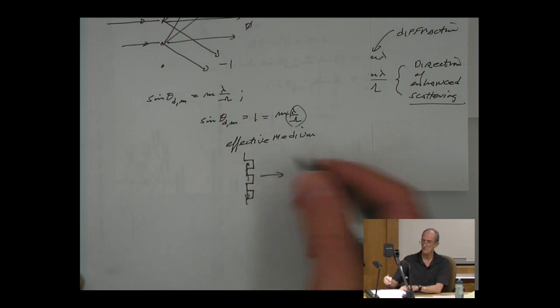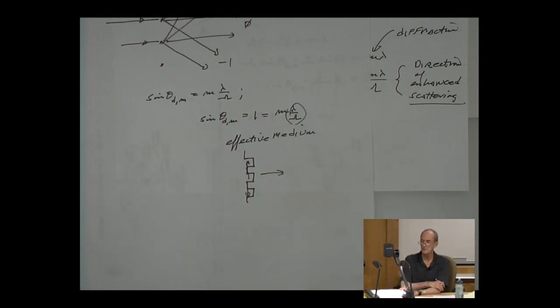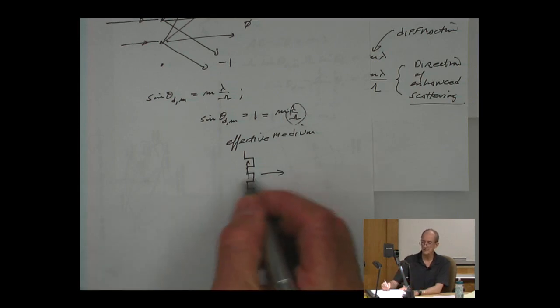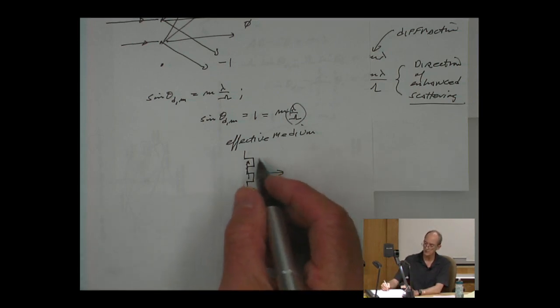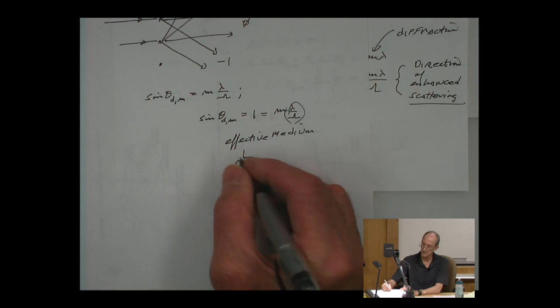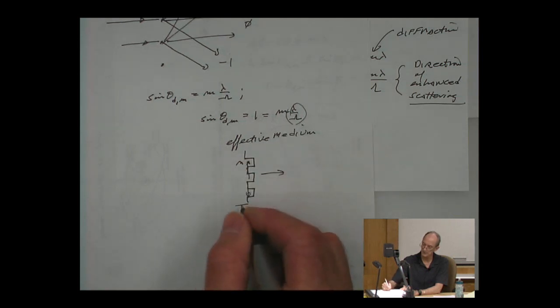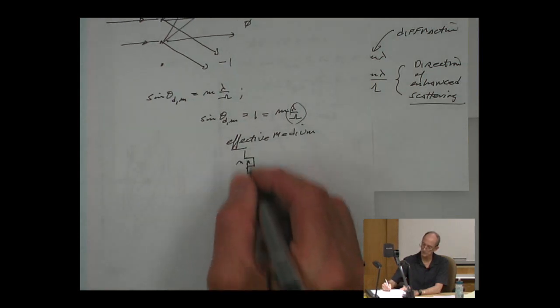You can think of them as diffracting at, say, 90 degrees, but they're essentially evanescent. And so, if this has a refractive index n, if you look at this surface now